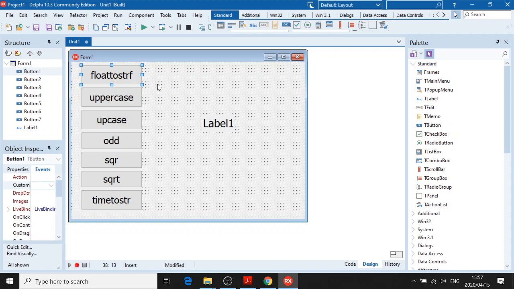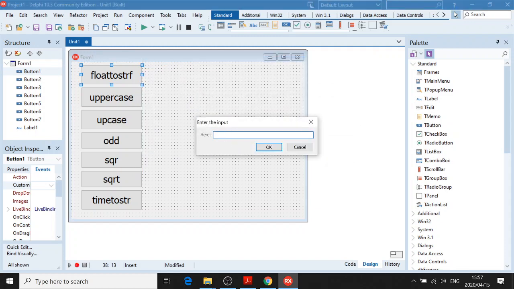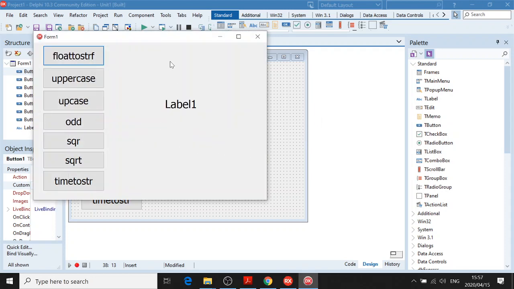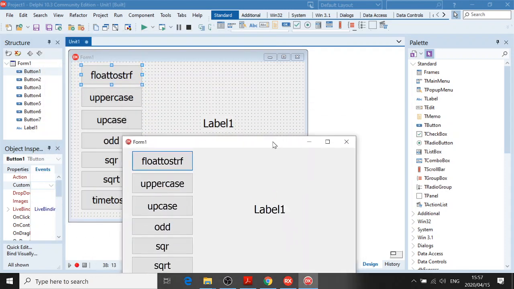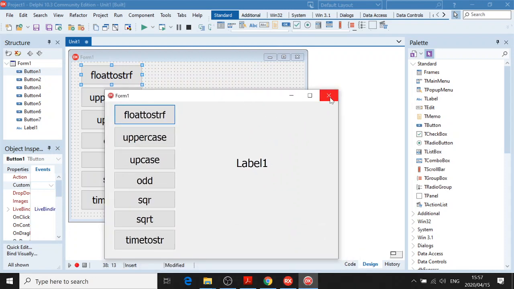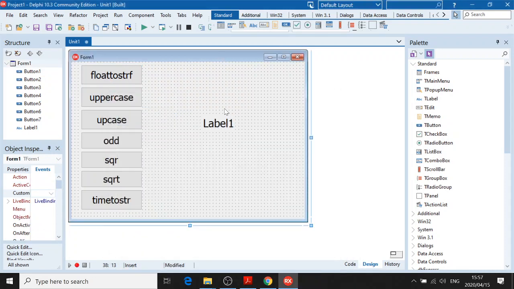yeah, because remember, whatever goes in the input box, if we go and run it and put in a number there, like 25.67 or 25.36, there, I've put a number in, click OK. That is a string in the input box, it's a string. So what we can actually do, just to demonstrate,